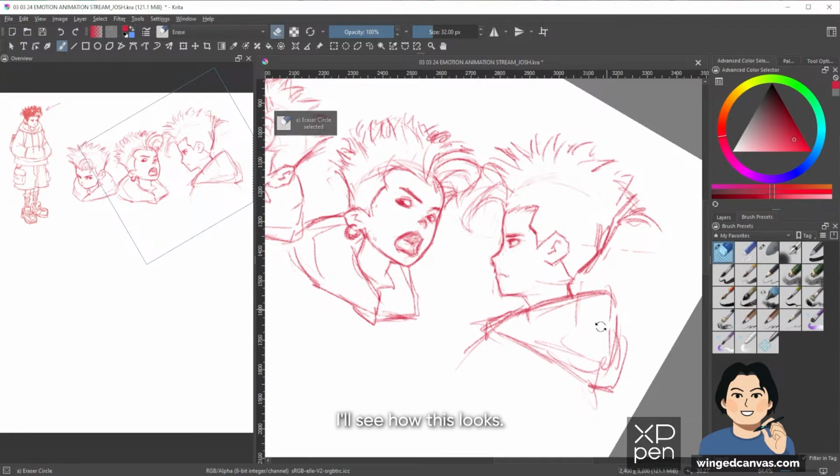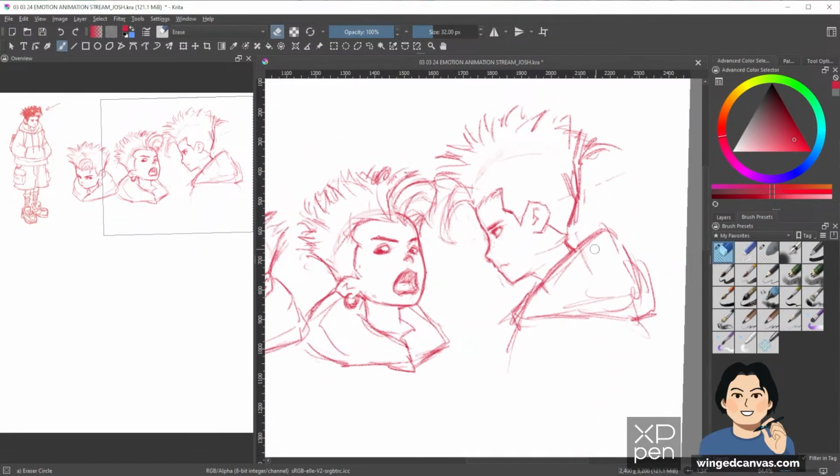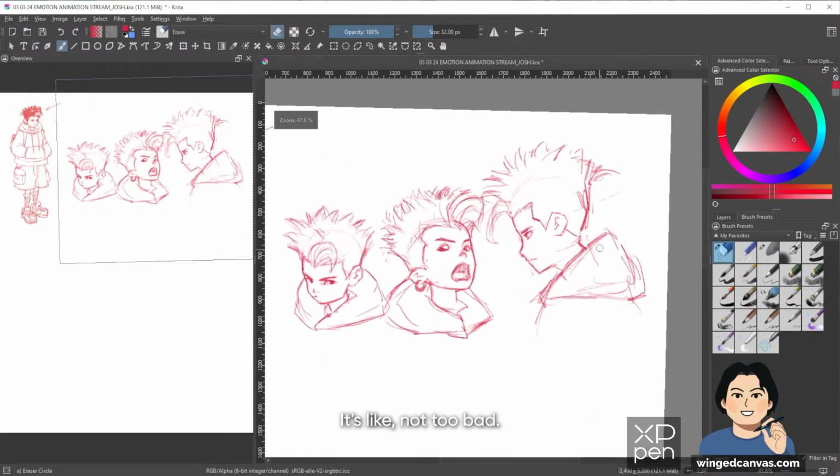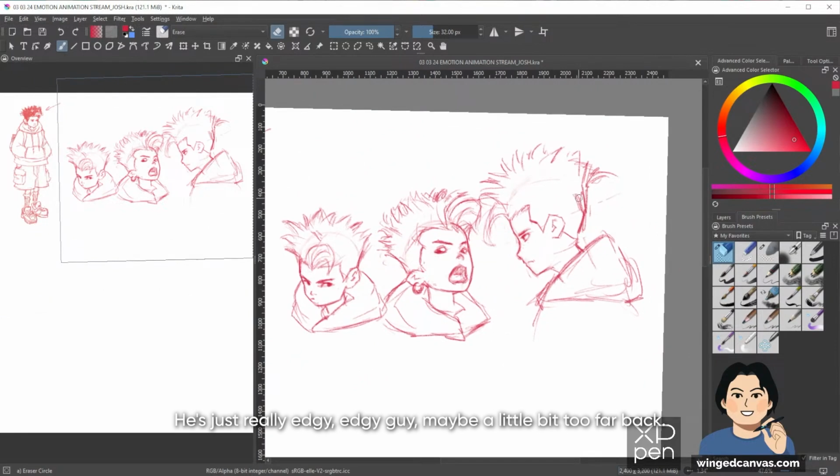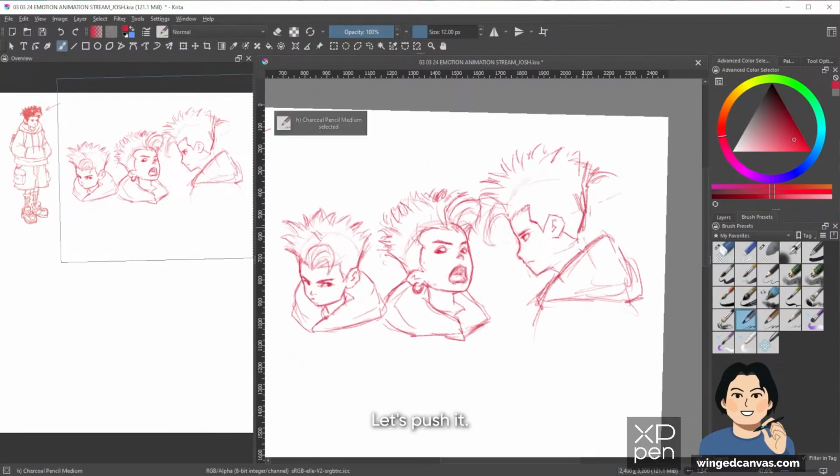Let's see how this looks. It's not too bad. He's just a really edgy guy. Maybe a little bit too far back. Let's push it. Yeah, maybe something like this could work.